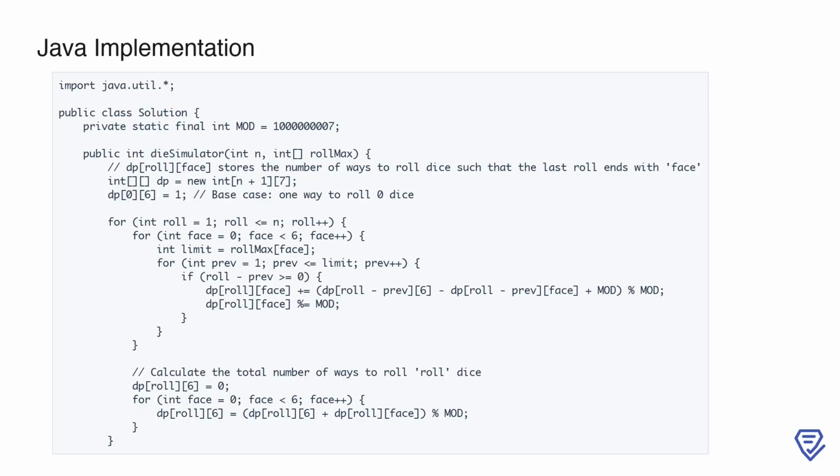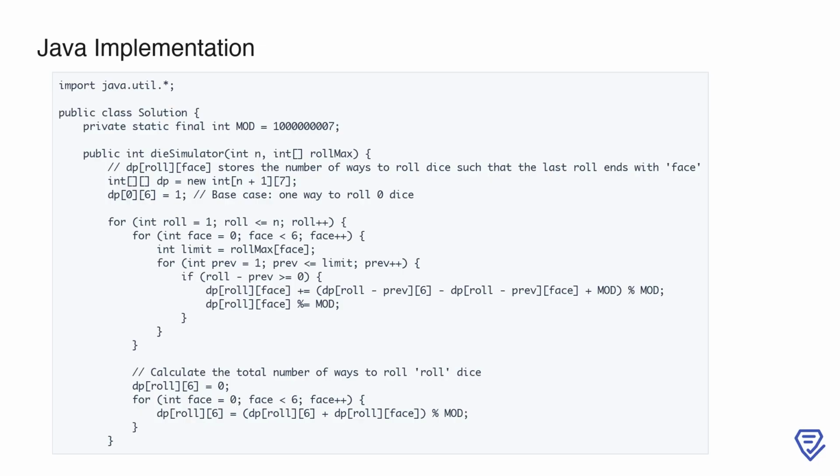We set dp[0][6] to 1 as our base case, representing one way to roll 0 dice. Now, we iterate through each roll from 1 to n. For each roll, we loop through all 6 faces of the die. Using rollMax, we determine the limit for consecutive rolls of the current face. Then, for every possible number of consecutive rolls previous, we calculate the number of ways to reach the current state